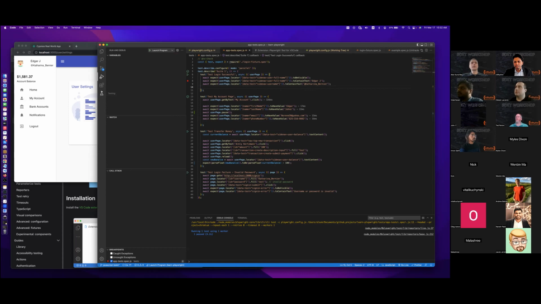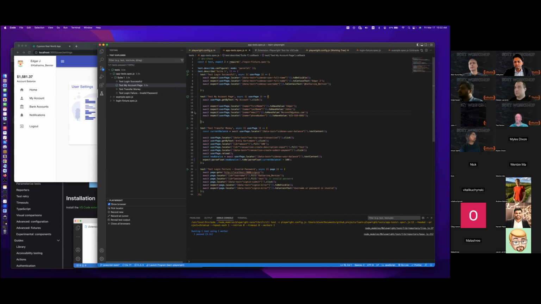Okay, one second. The test passed. Okay, I put a breakpoint in the wrong test. We don't need this pause statement anymore because that was a breakpoint for the Playwright Inspector. We just put it like this, and then we run it in debug.